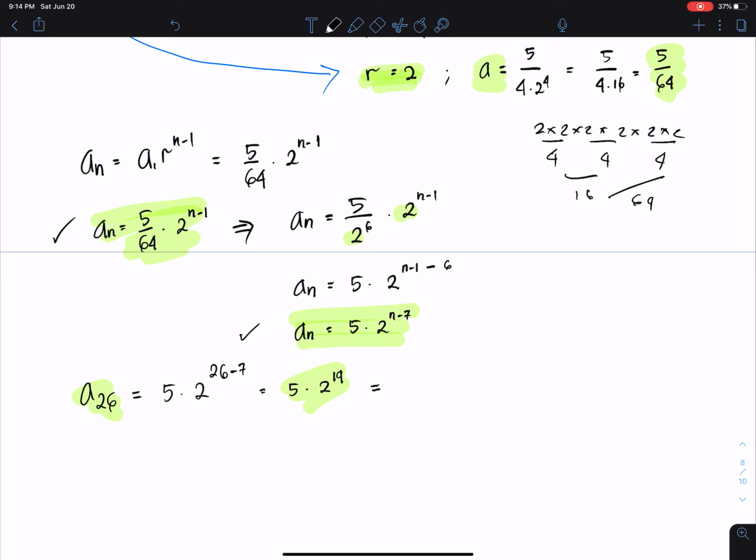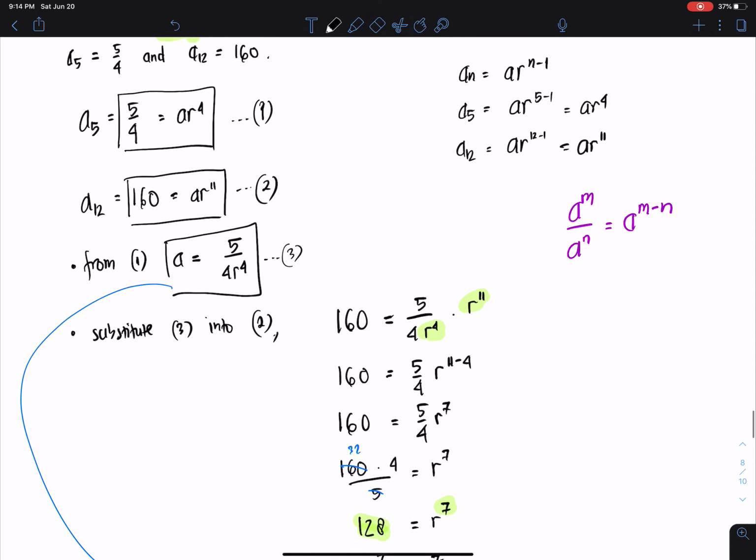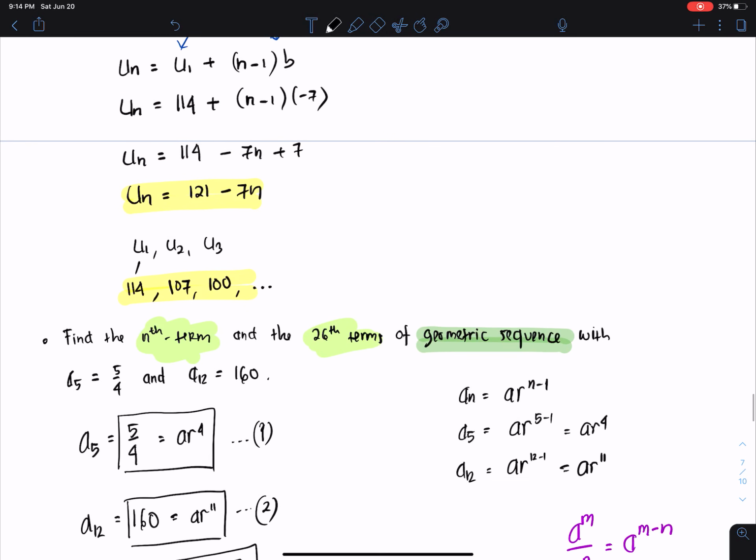Hold on. So I get the number 2621440. So that will be the 26th term of this particular geometric sequence. Alright, so of course there are many types of examples or problems that can be manipulated, but